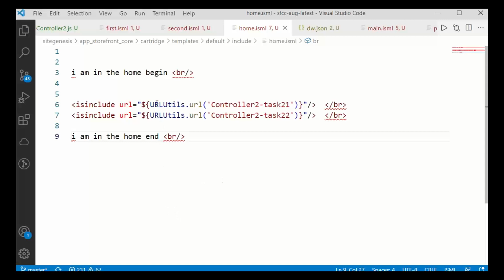Please observe URL utils. Here URL and U, first four characters in the uppercase. URLUtils.url. Generally, we will be calling task 2 1 with a controller file name, controller 2 hyphen task 2 1, controller 2 hyphen task 2 2. This is called as a remote include.